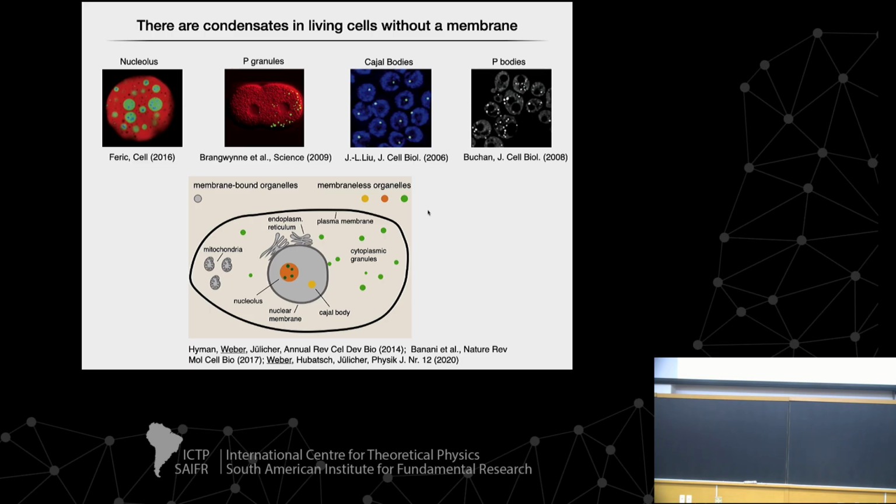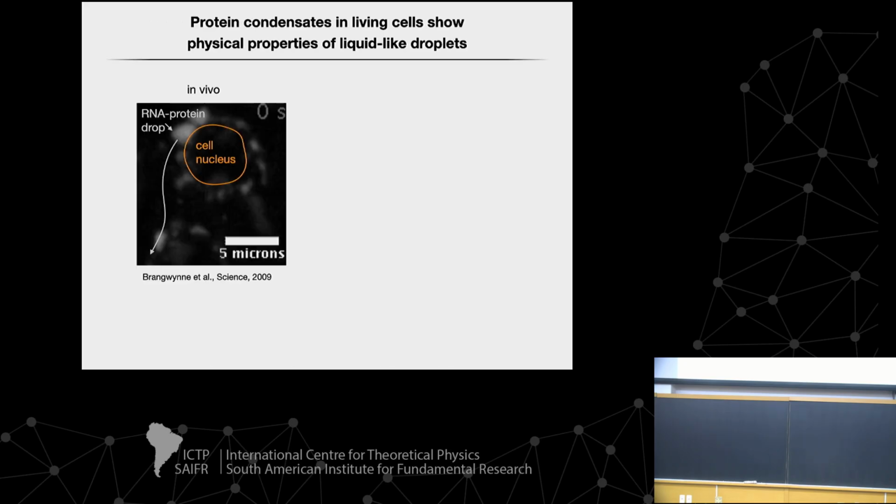And so if you want to draw a new sketch for textbooks, you can please make it nicer than this one. You would then say, there are membrane-bound ones, but also many that are non-membrane-bound. Yeah? And this interplay kind of is very important to understand when you think about spatial organization of the cell. Good. So let me show you one movie